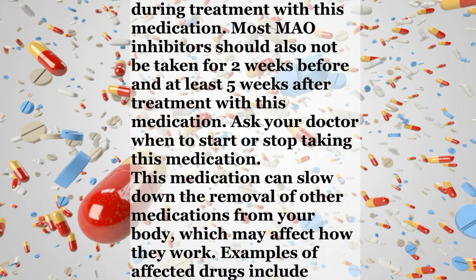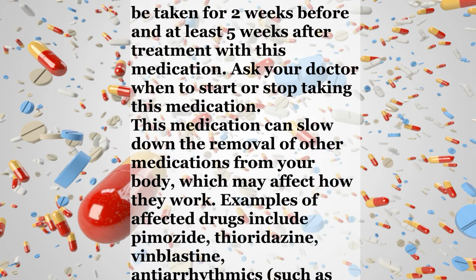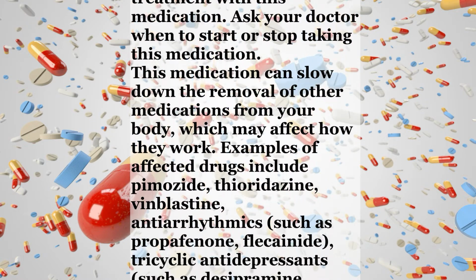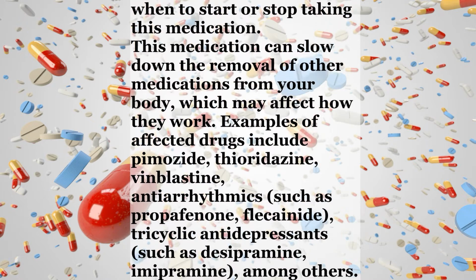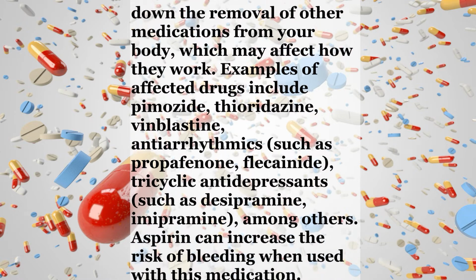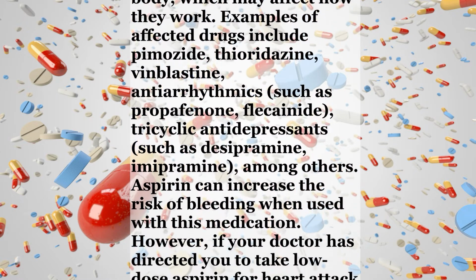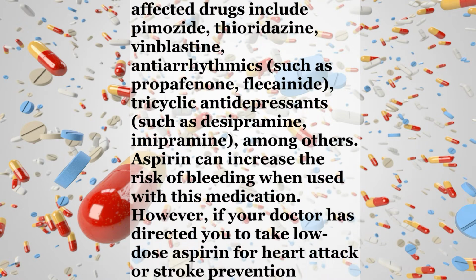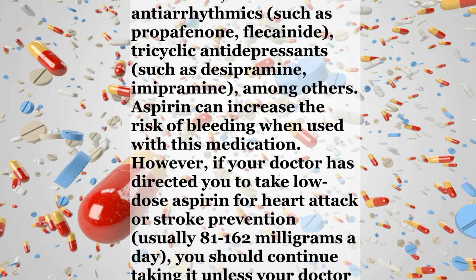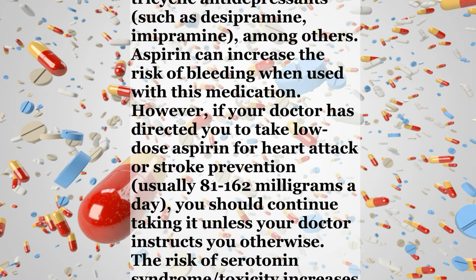Most MAO inhibitors should also not be taken for 2 weeks before and at least 5 weeks after treatment with this medication. Ask your doctor when to start or stop taking this medication. This medication can slow down the removal of other medications from your body, which may affect how they work. Examples of affected drugs include pimozide, thioridazine, vinblastine, antiarrhythmics such as propafenone, flecainide, tricyclic antidepressants such as desipramine, imipramine, among